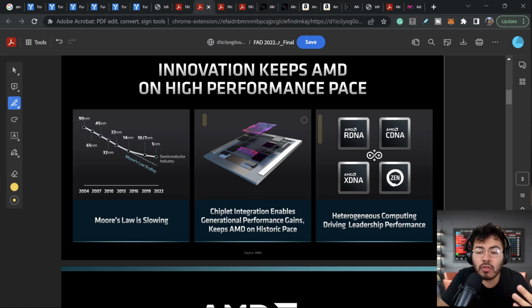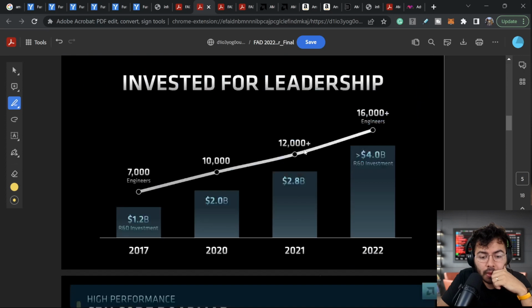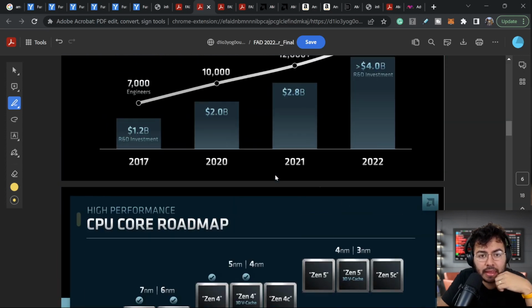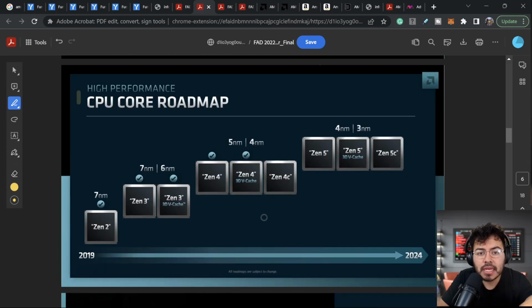Many people say they might be one of the forerunners here. Let's continue to see here. They do have a lot of different product roadmaps. In the CPU market, for example, they have their Zen, right? So Zen 2 came out in roughly 2019. Zen 3 came out in roughly 2020. Right now, we are in Zen 4 here in 2022. This is going to be the current Ryzens that we're in right now, this is the 5 nanometer and the 4 nanometer, and we can see the next generation in the CPU core roadmap is going to be the Zen 5, and this is going to be the 4 nanometer and the 3 nanometer.